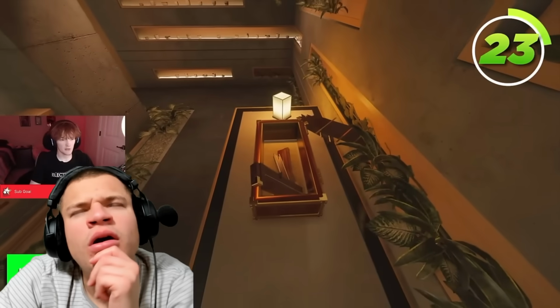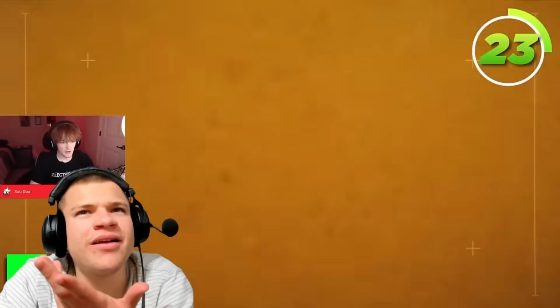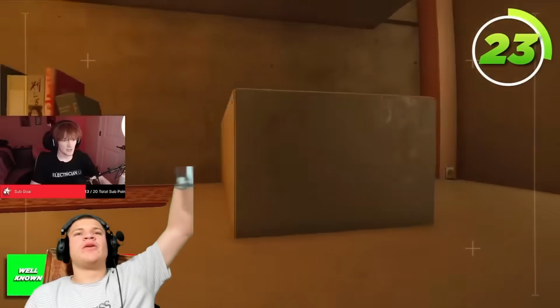Then what you're going to do is throw a drone down here. Okay. Now, inside of here, you find books, and what looks to be something...